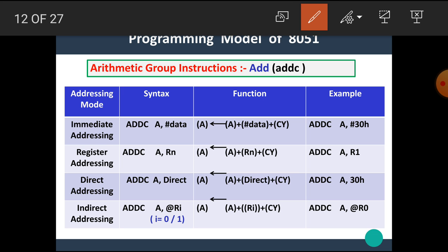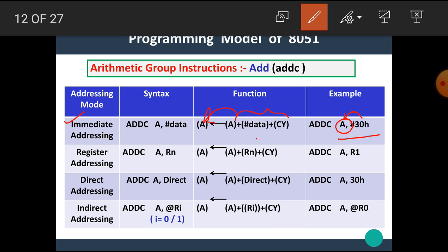Let's see the examples. The first addressing mode is immediate addressing. That means addition with carry: ADDC A, #data. The function is A plus immediate data plus carry. The addition of these three is performed and the result is stored in the accumulator. For example, ADDC A, #30h. That means here the 30h data is added with the accumulator with carry, and the result is stored in the